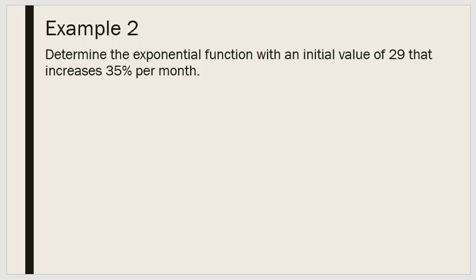So now we're going to work backwards. What if you were given some of the values and they ask you to write the exponential model yourself? In that case, we need to remember that our population model is going to be the initial amount or the initial value, in this case 29. And then our base is supposed to be 1 plus r. Since this is increasing, then I know that this is going to be a positive r value. So I need to do 1 plus, and then don't forget to change this to a decimal. So 1 plus 0.35